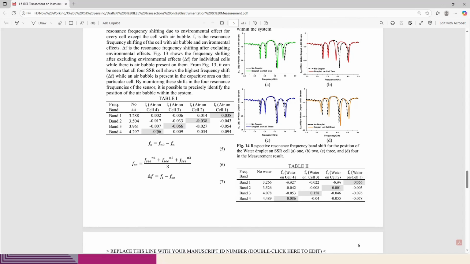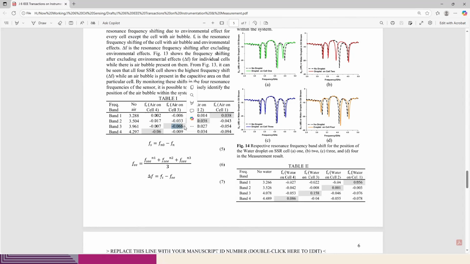So you can see that only this one showed, let's say this one is moving on the positive side. This one is showing the highest shift among all of them. So we can say that this is where the air bubble is. Similarly here,